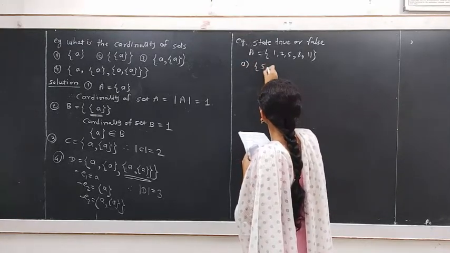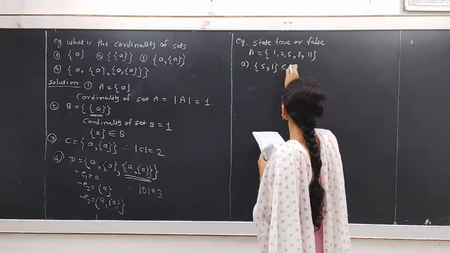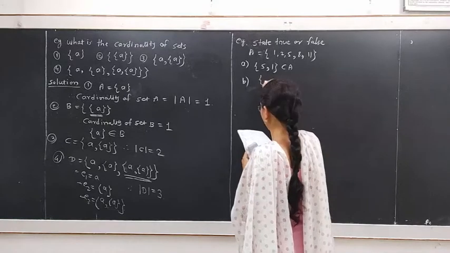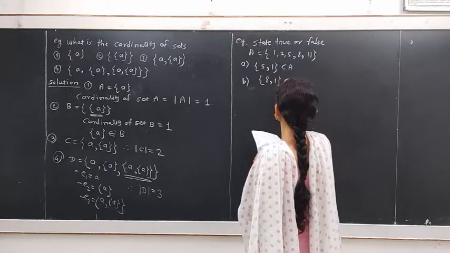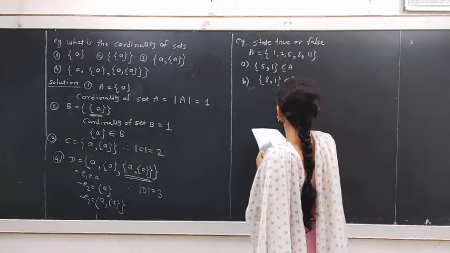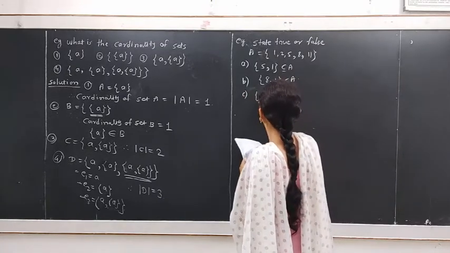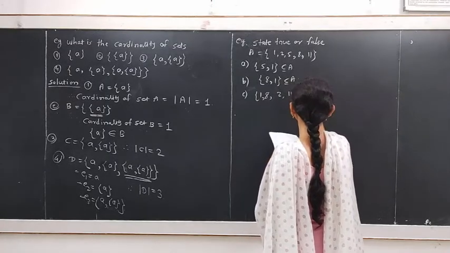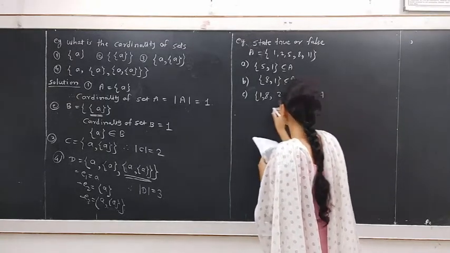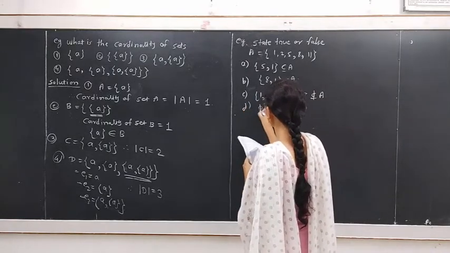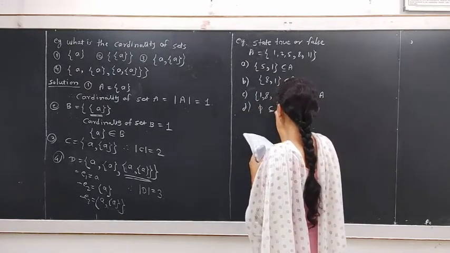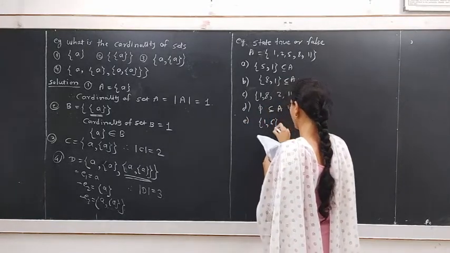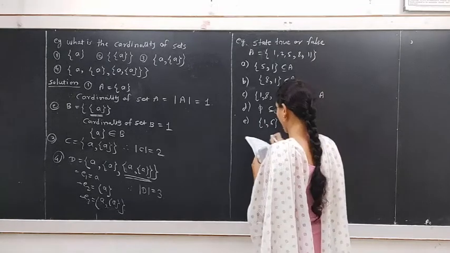First, the set 5, 1 is a subset of A. B, 8, 1 is a subset of A. C, the set 1, 8, 2, 11, 5 is not a subset of A. D, 5 is a subset of A. E, 1, 6 is a subset of A. And F,